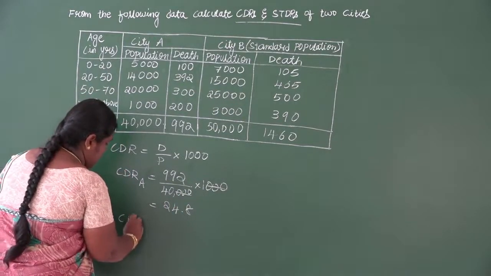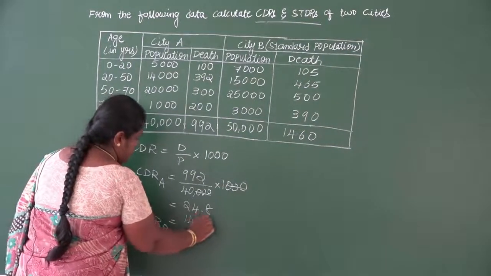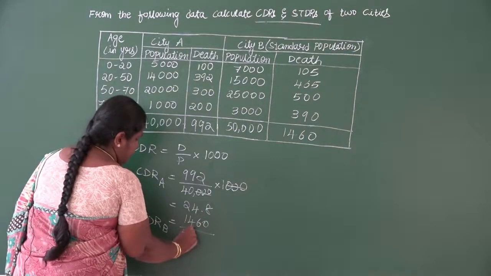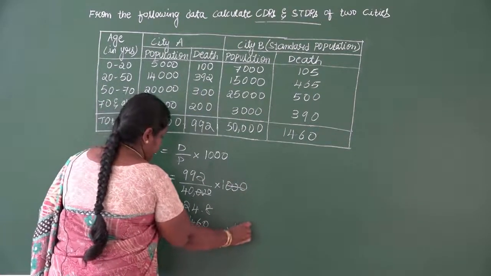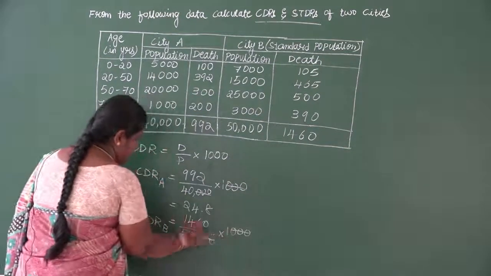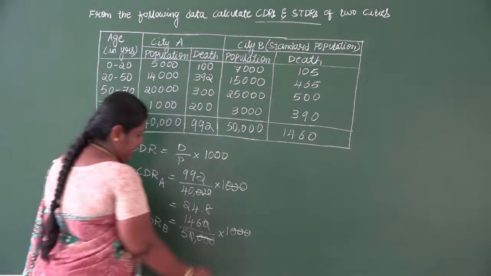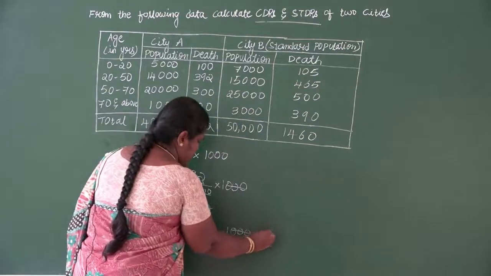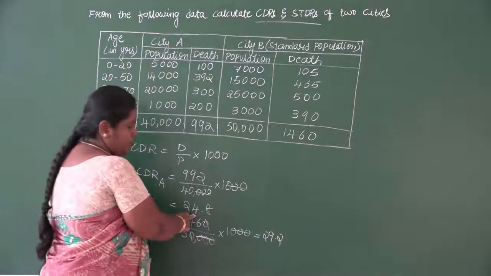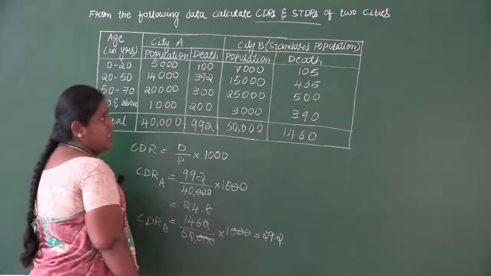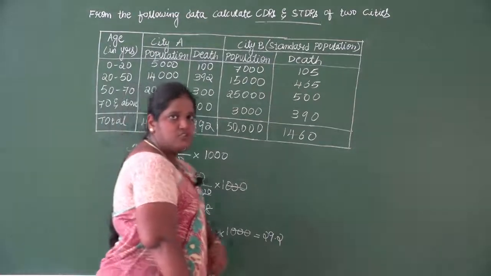Similarly, CDR of B, 1460 divided by 50,000 into 1000. So you can cancel the 0 terms. So we'll be remaining with 146 divided by 5, which is 29.2. So CDR of A is 24.8, CDR of B is 29.2, and we will not be writing any conclusion regarding